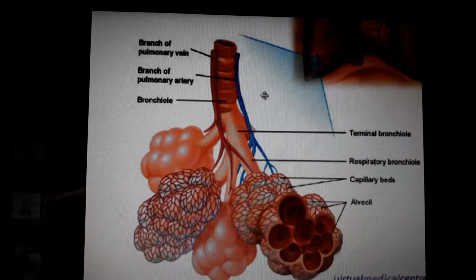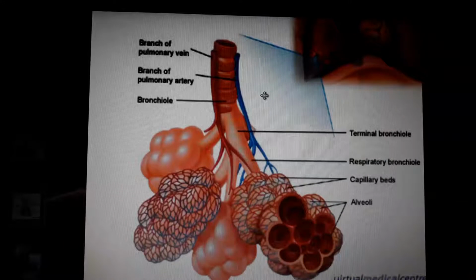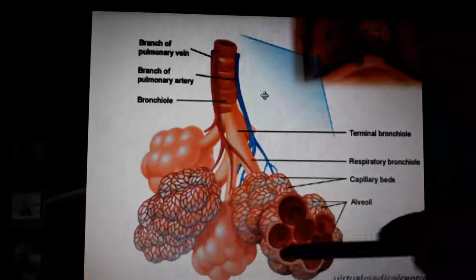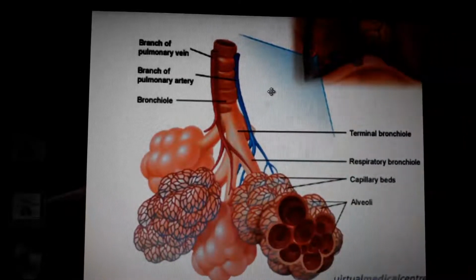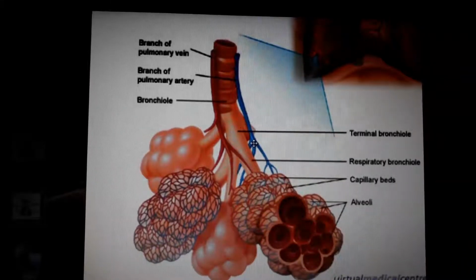Alveoli. See, this is a small part. We zoomed in from this part of the lungs, and each and every alveolus will be like this. Understand? See. It's like a balloon or like a group of grapes. Whatever you think. So this alveoli is covered with lots of blood vessels. See, these are the blood vessels, blue and red. Understand? Blue and red.